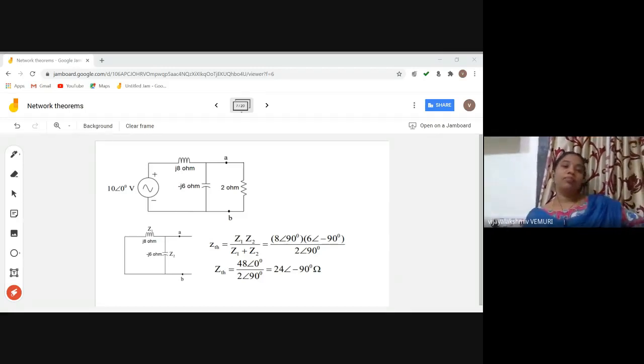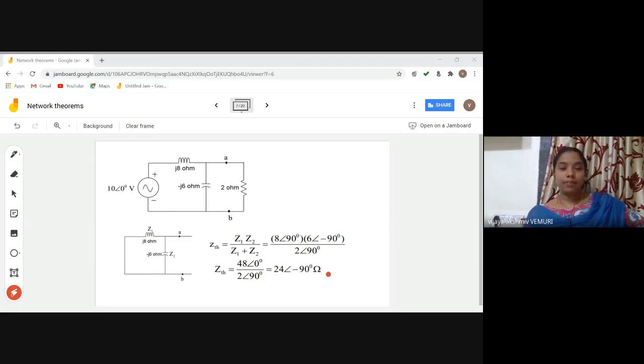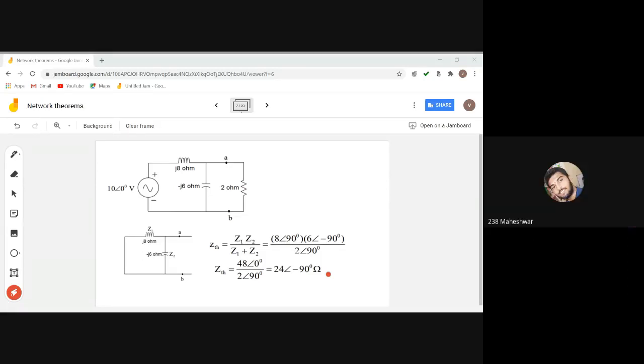Have you got the same? Hope everyone is doing it. Doing, ma'am. Yeah. I have been telling you from the first class, everyone, you have to put pen on the paper. Then only you will understand this subject. If you do calculations in the air, it will not work out. I want every one of you to practice these problems. I got the same answer, ma'am.